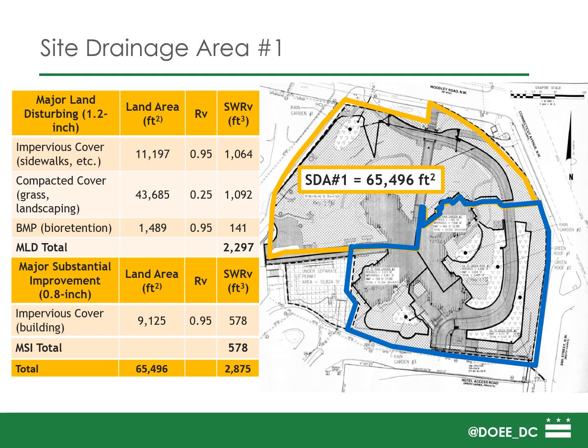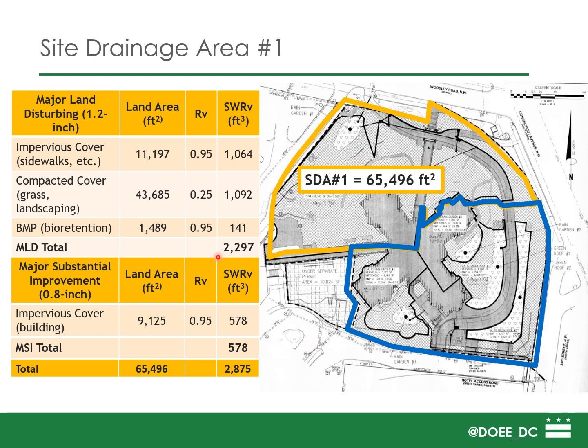All of that area constitutes major land disturbing area, and we can see we've taken the land area for each cover type, multiplied it by the associated coefficient, and calculated the major land disturbing total SWRv right here,